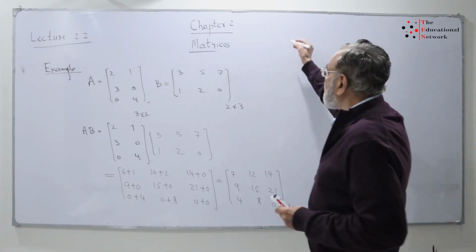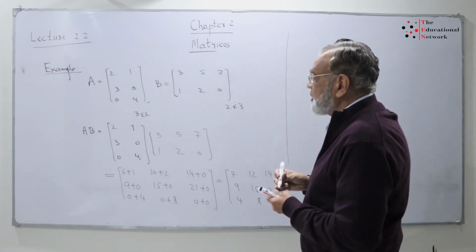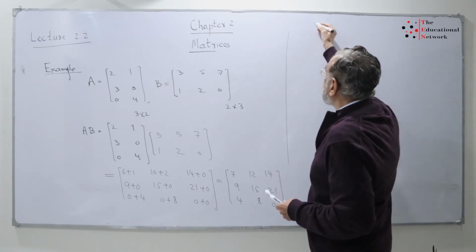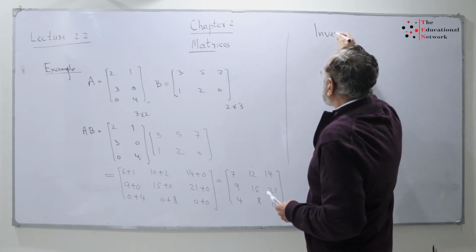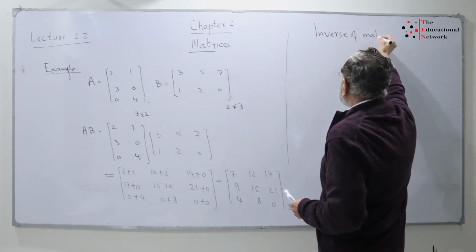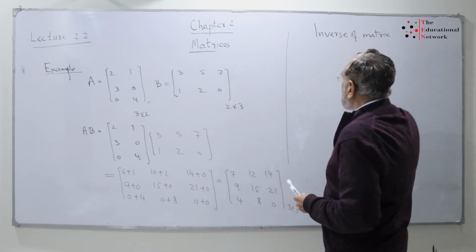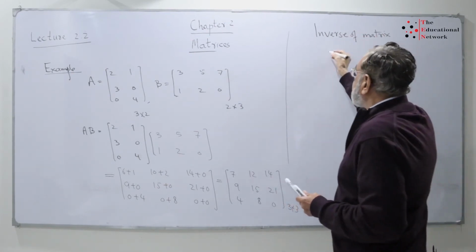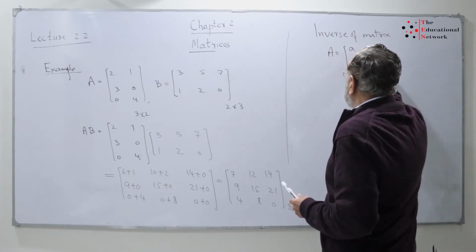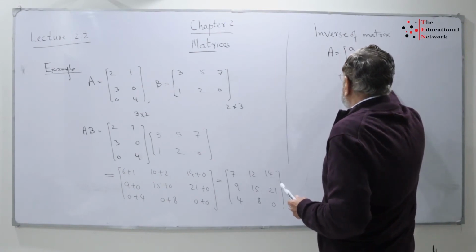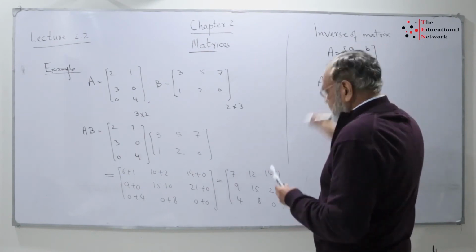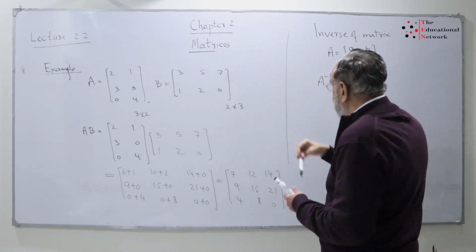We're moving to the next idea, that is the inverse of a matrix. We're going to discuss inverse of matrix. Inverse of a matrix. We start from 2 by 2 and then we extend it to any size. I take a matrix A. So my matrix A is having the elements A, B, C, and D. I just write the formula for finding inverse of A. My inverse of A is equal to